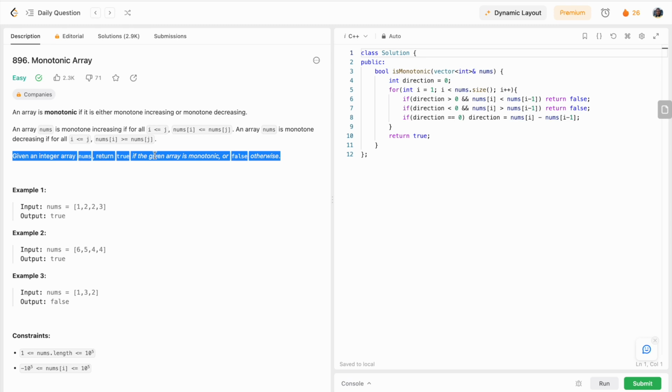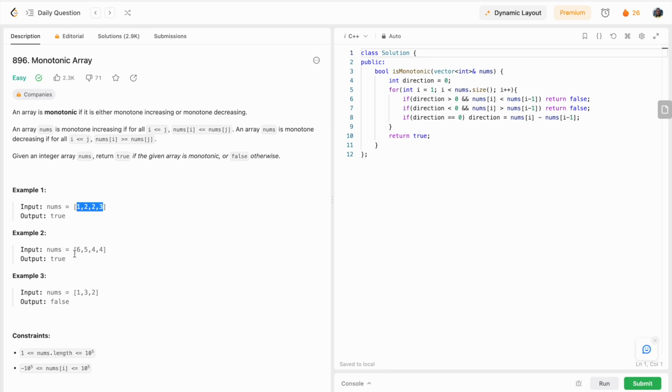Now let me give you some examples. You have this array consisting of 1, 2, 2, 3. You do agree with me that from 1 to 2 we are increasing. From 2 to 2 we are not actually increasing, but we are not decreasing, so it still holds true. From 2 to 3 we are increasing, so we can say this array is increasing. It doesn't need to be strictly increasing. Strictly increasing means that we don't want equal, but in this case it hasn't been specified, so we are going